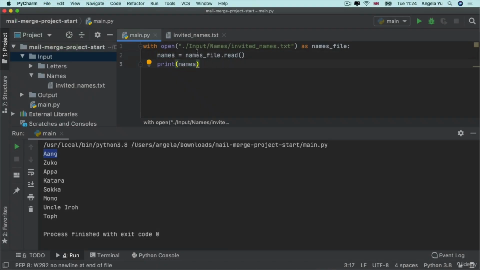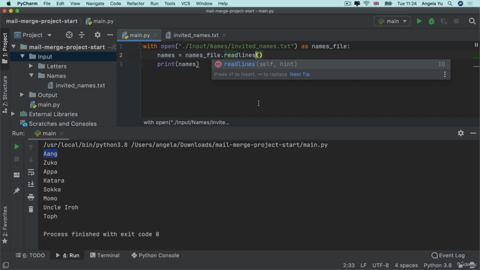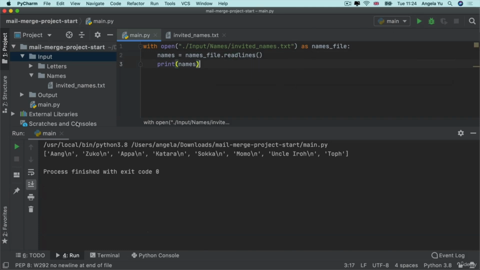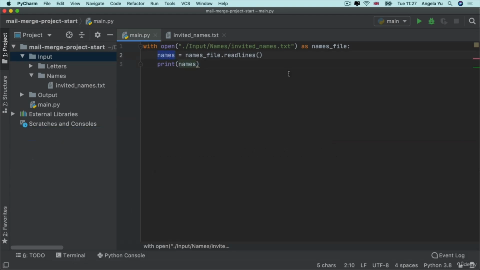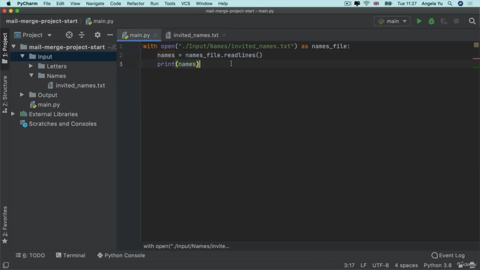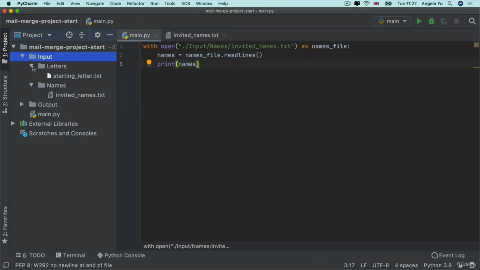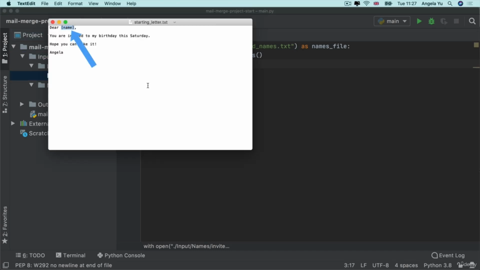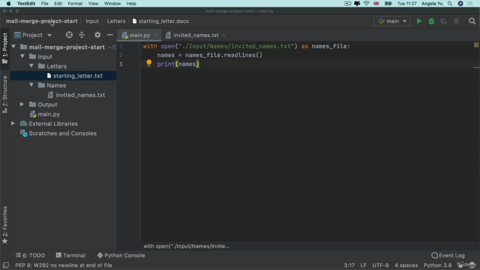Now, instead of saying namesfile.read, let's replace that with read lines. Now, when I hit run, you can see it prints out names, and names is now magically turned into a list. So now that we have our list of names, which we've extracted from our invitednames.txt, then we can go ahead and proceed to the next step